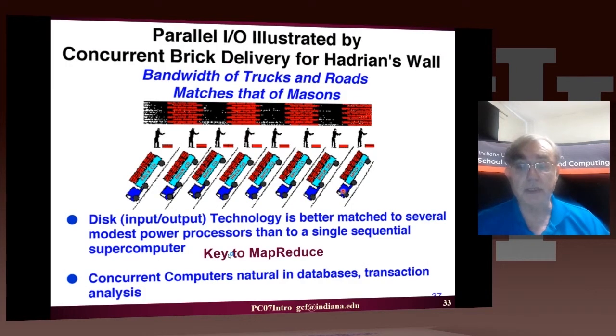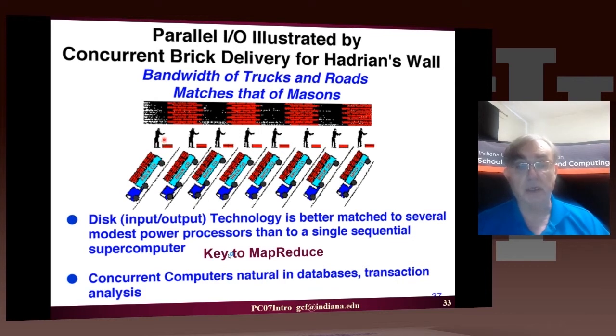Well, most of our big data problems actually read from disk. And so what's the analogy to this here? Well, that is that we can actually supply our masons in parallel. So the analogy of the disk for Hadrian's Wall is this truck full of bricks, and that truck delivers bricks in parallel